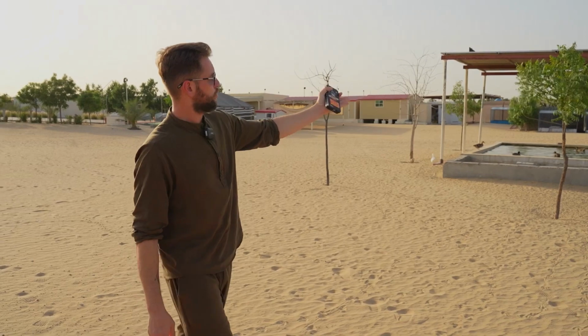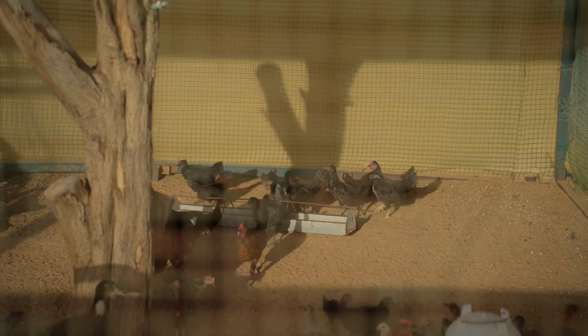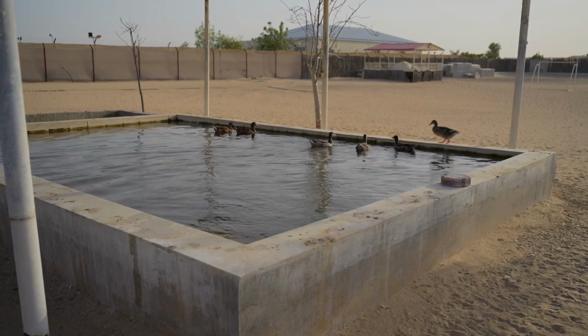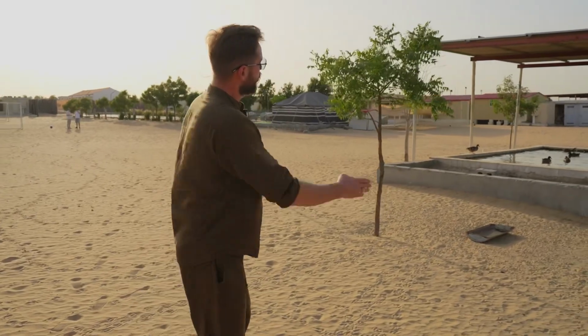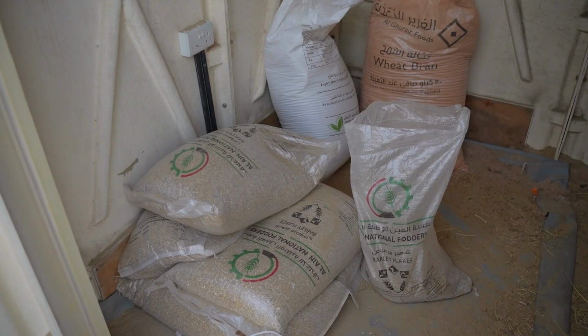The chicken coop is full. In the farthest pen, there is a small chicken. Ducklings roam around the plot. They have a separate pool for them. In the corner of the room is the feed storage. Right now,